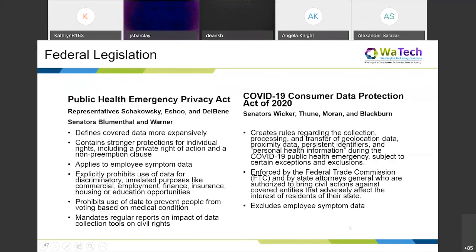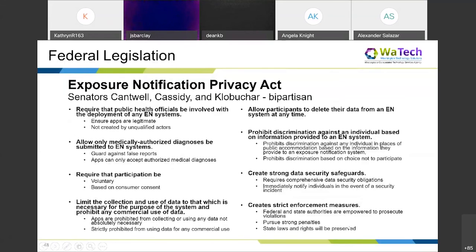And this is actually a bipartisan bill, and it's the Exposure Notification Privacy Act. Things that are specific to this one is it's really targeted toward the apps. And it's been sponsored by Senator Cantwell, Senator Cassidy, who I believe is a doctor and a Republican lawmaker in Louisiana, and Senator Klobuchar. So this is really specific to the technology, but it really gets into some of the best practices principles that we were talking about earlier in terms of security,